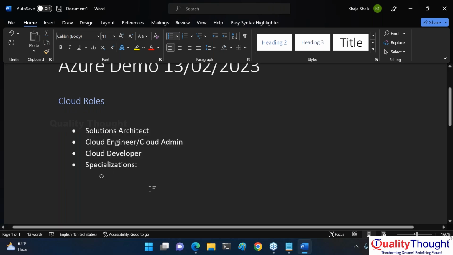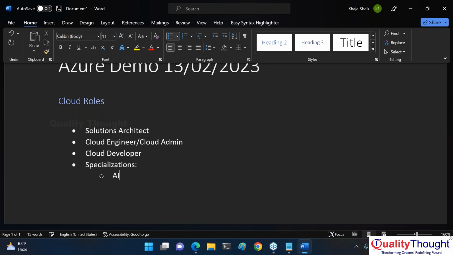One such area is AI or ML engineer. Then we have data engineer, and then we have IoT engineer. And then we have networking is fine, but let me write it as security engineering.